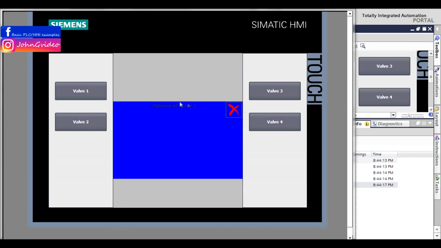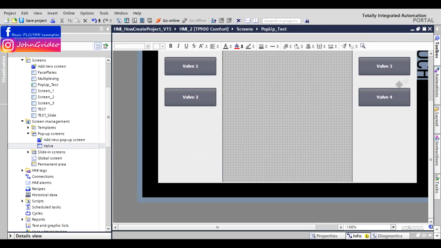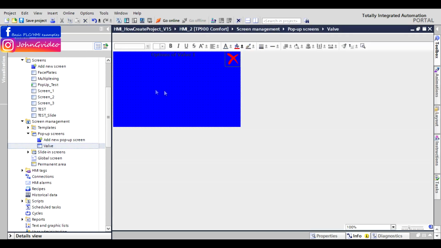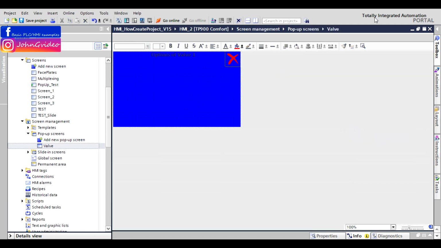As we can see, everywhere we see the name valve 1, valve 1, valve 1. To have, for example, the name valve 1 when I release the button for valve 1, and when I release the button valve 2, I need here the name valve 2. If you have the same information on the screen and you just need, for example, to change only the name of the valve,